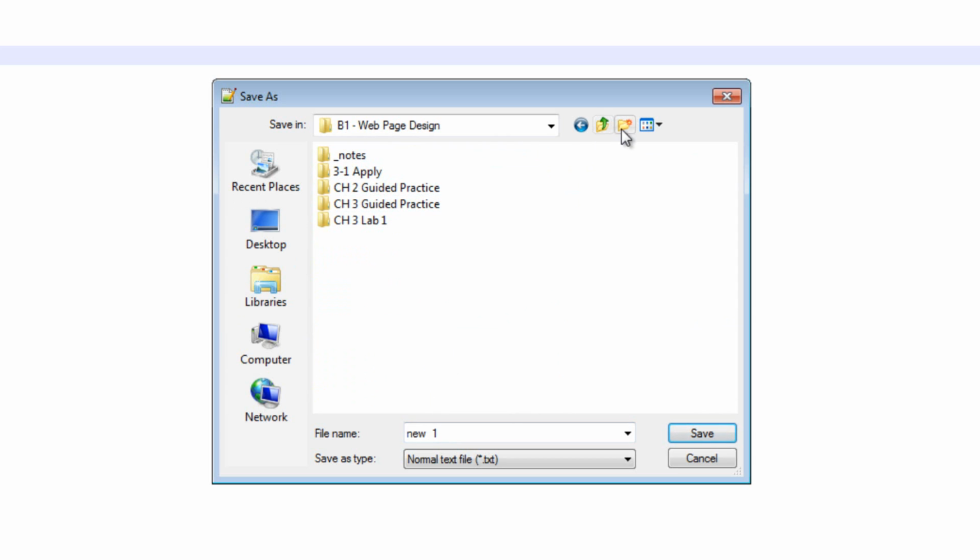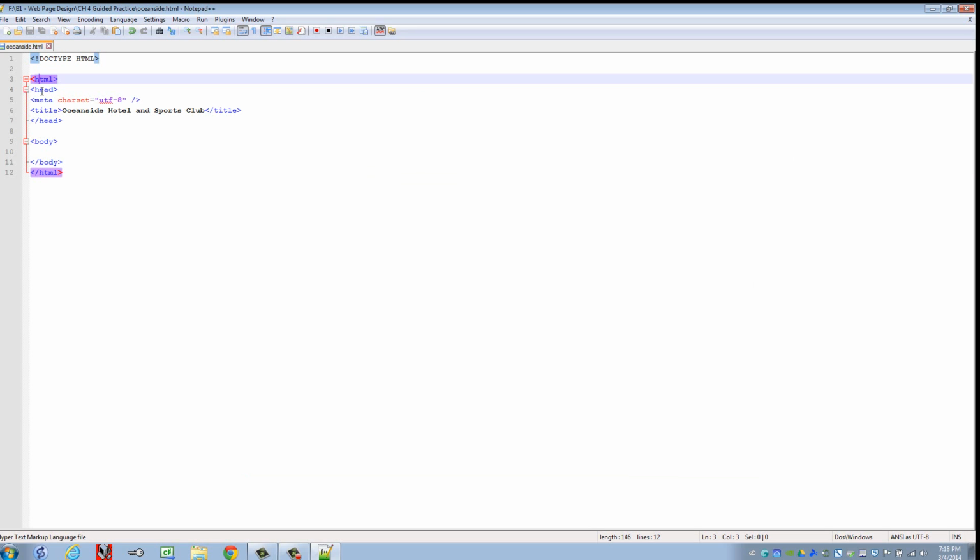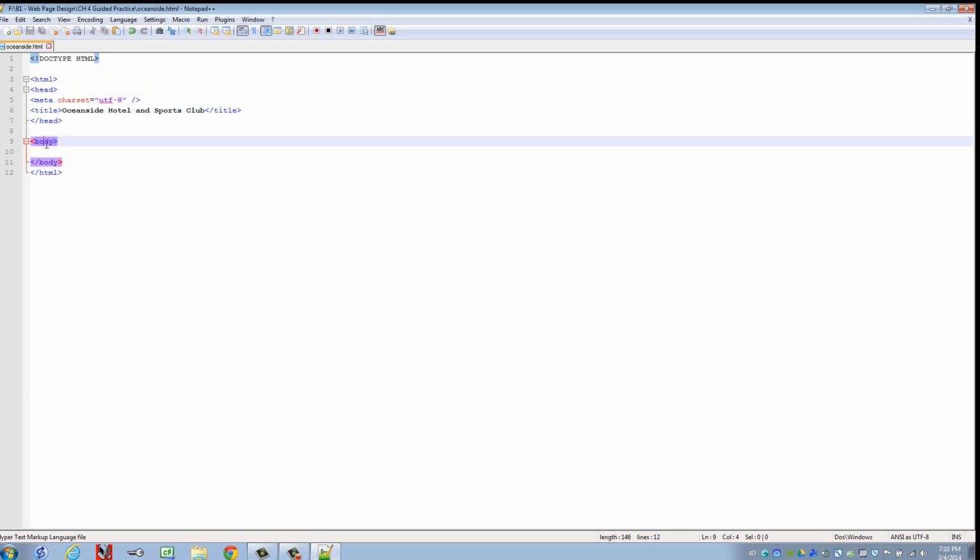And then I'm going to create a new folder in here called Chapter 4 Guided Practice. And we're going to name this one oceanside.html. And click on Save. Once we have it saved as an HTML file, then all of our tags should highlight. And remember, when you click on something, you can see its closing tag, so that lets you know whether everything